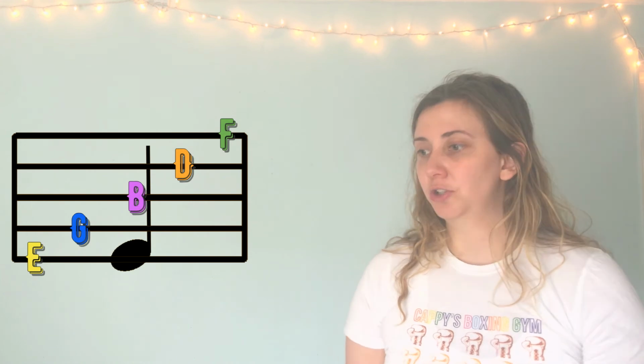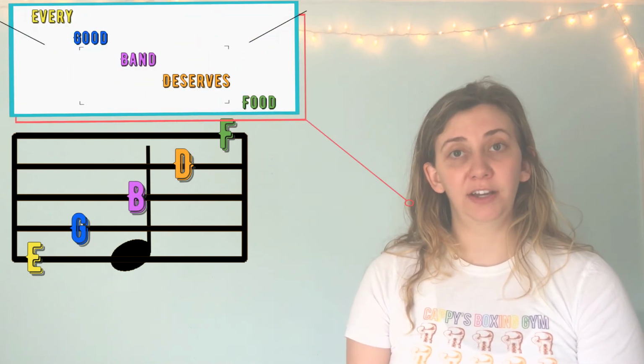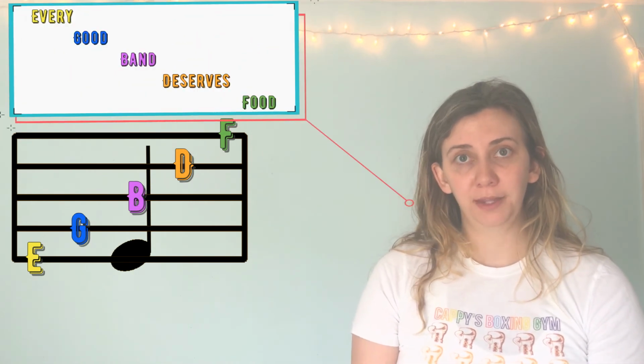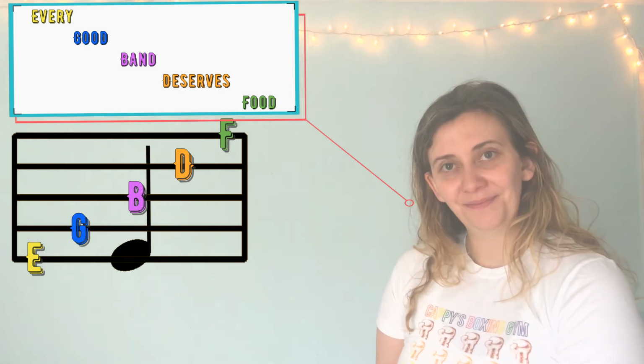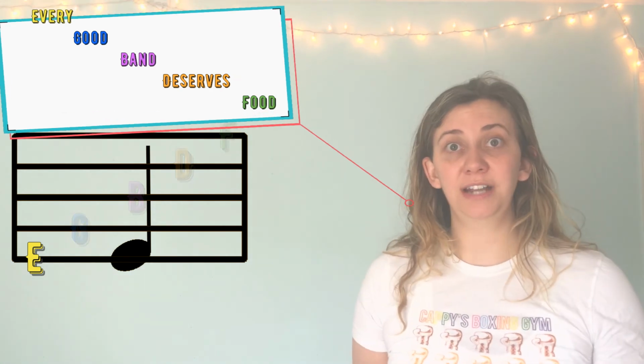All right, let's try it again. Take a look at this one. And your first job is to figure out whether it's a line note or a space note. So this one is a line note. It's on the bottom line. So you're going to use our phrase, every good band deserves food. And you're going to start at the bottom with every. So we're done, because the word every starts with E, and we know that that is an E on the